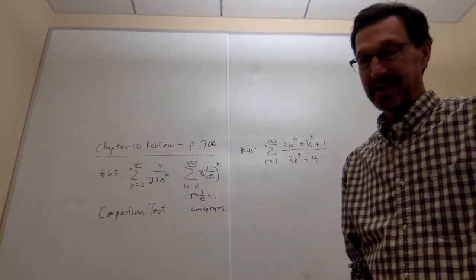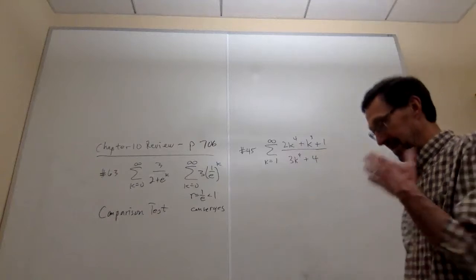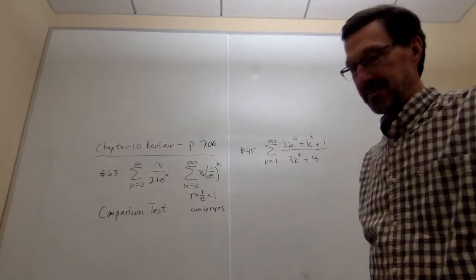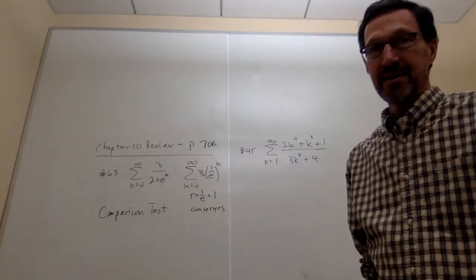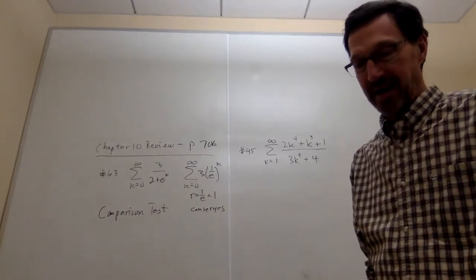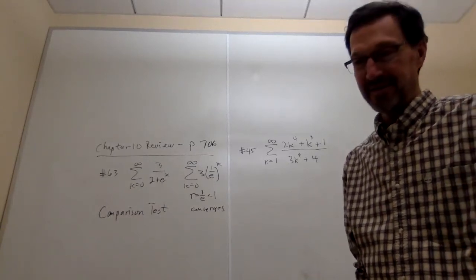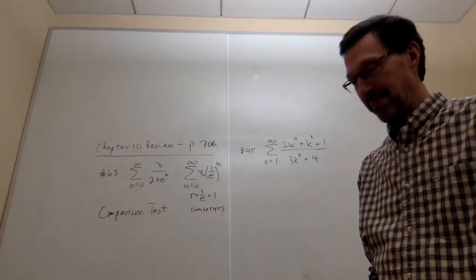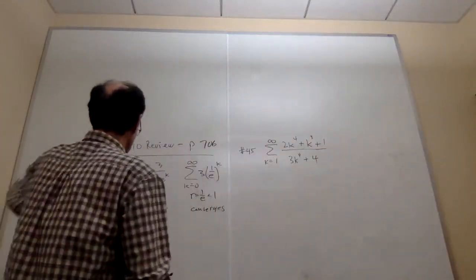For the limit comparison, we calculate a limit, and we're, can I say, expert at that. We put a lot of effort in to how to compute limits. So usually the limit comparison is preferable to the ordinary comparison. Now there are times where the limit comparison won't work, where the limit that we need doesn't exist, but the comparison test will. To my mind, that happens when there's sine or cosine involved, because as you know, the limit of cosine or sine doesn't exist as k goes to infinity. So there's no sine or cosine here, so we'll do it both ways, comparison test.